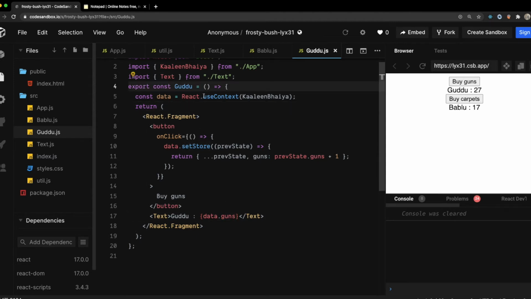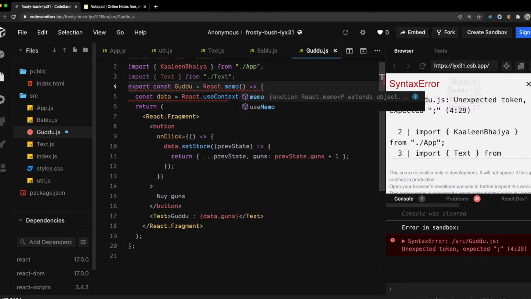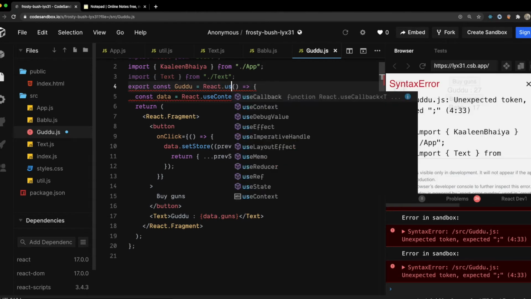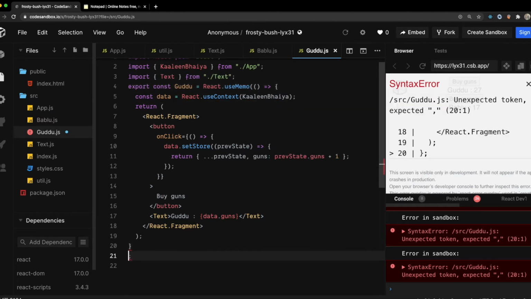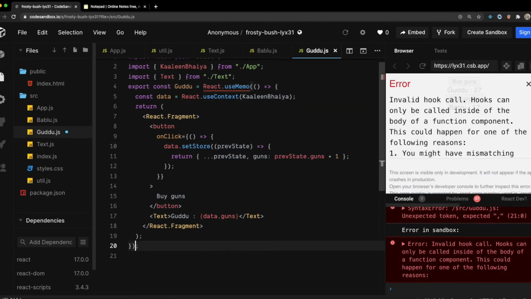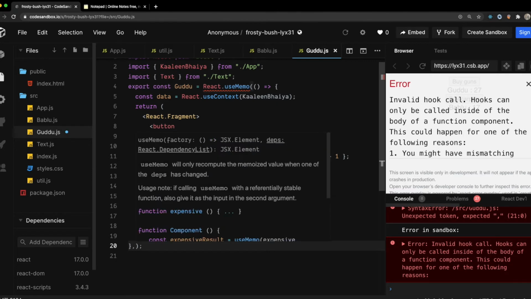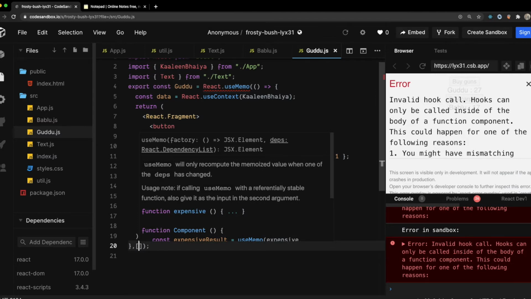So what I will do is wrap this in react.useMemo, whose first argument is a function which returns the memoized component, and then the dependency parameter. useMemo will only recompute the memoized value when one of the dependencies has changed. So I must pass only the guns over here, so that when the guns change, my Guddu re-renders, not on the basis of carpets.